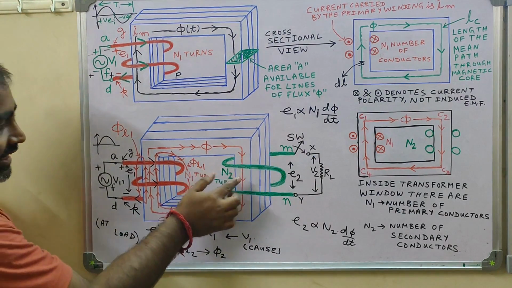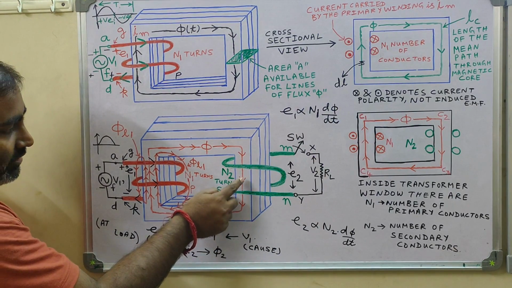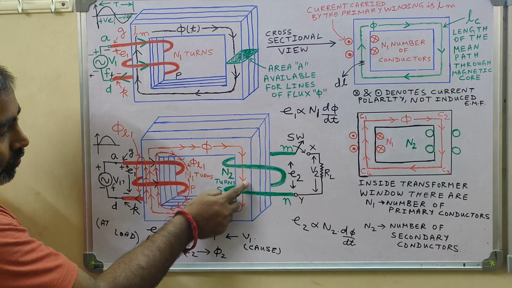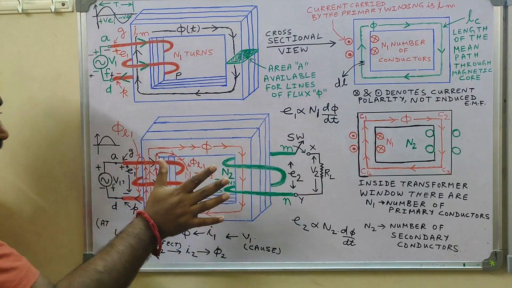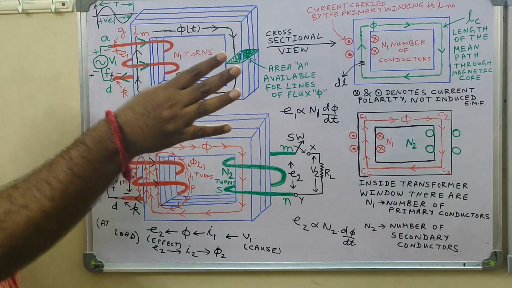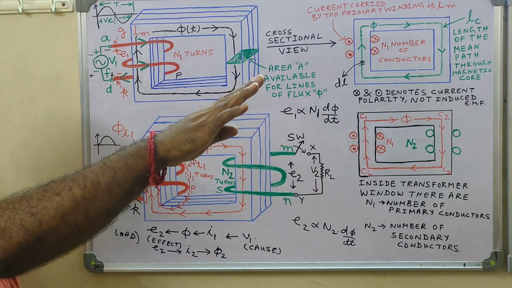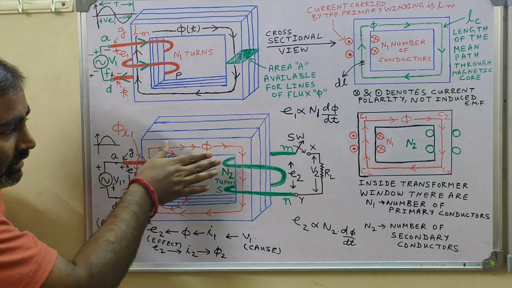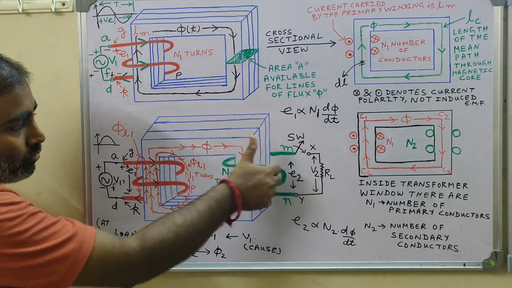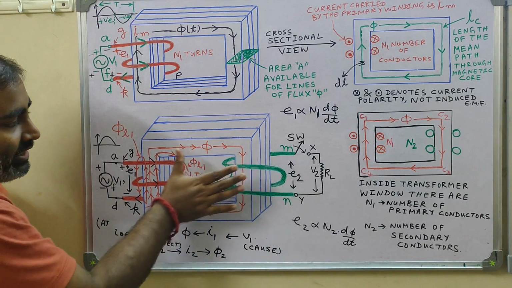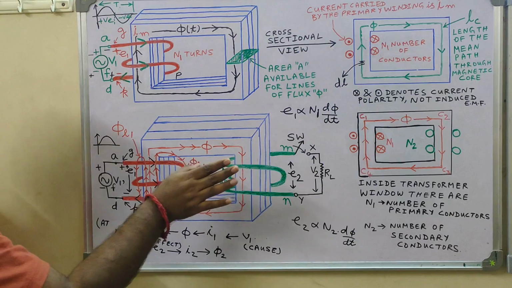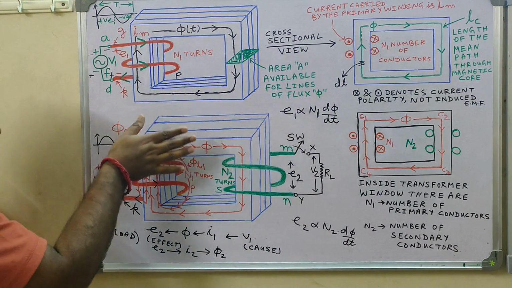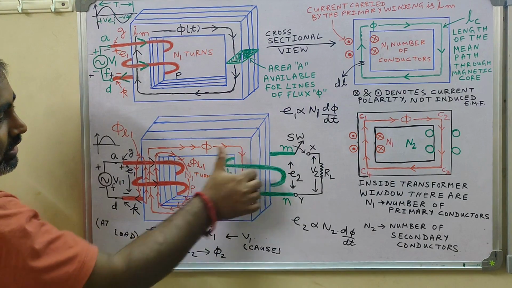So if you want the current direction through the secondary coil to be such that the flux in this limb should be upwards, you apply the right hand grip rule. The four fingers of the right hand, especially the nails of the right hand four fingers, should be moving in the direction of the current through the coil, and while doing so the thumb will give you the direction of the lines of flux. So where are the four fingers of the right hand pointing? Four fingers of the right hand are pointing in this direction. So the thumb is upward.